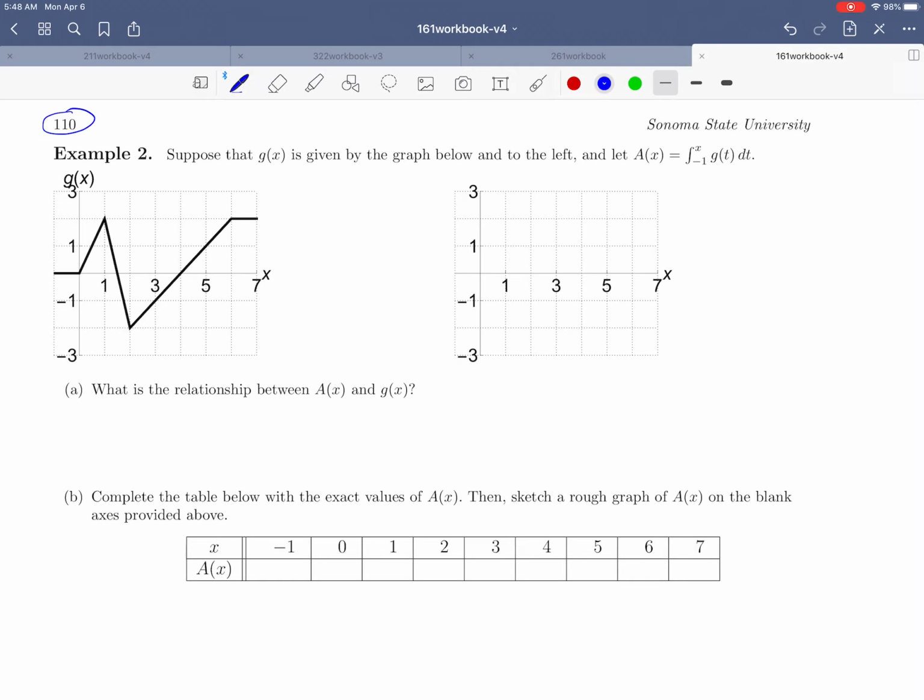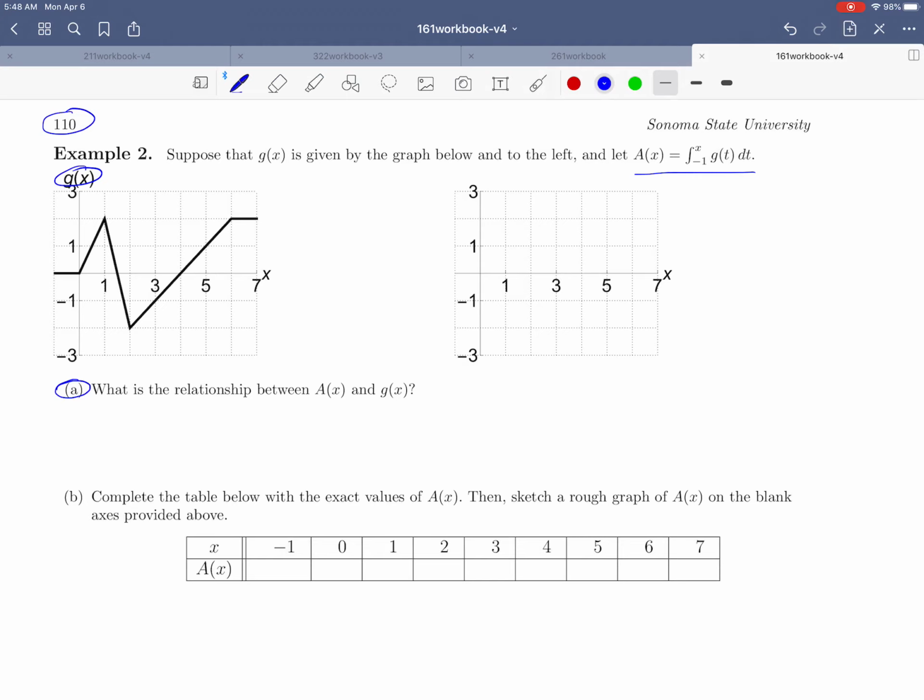Suppose that g of x is given by the graph below to the left, that's this one here, and we're defining a second function a of x to be the integral from -1 to x of g of t dt. And the first part of this question, part A, asks us to remind ourselves what the relationship between these two